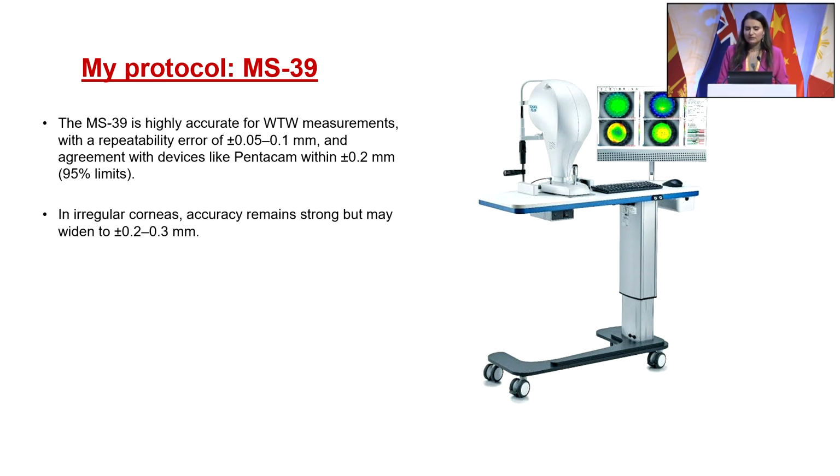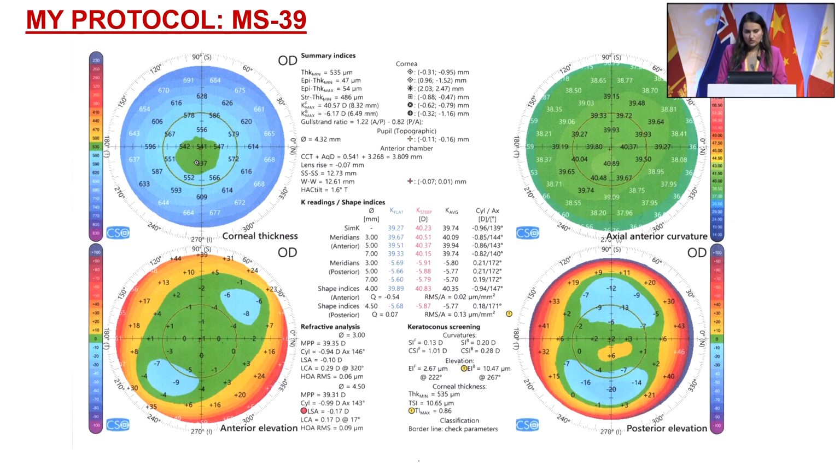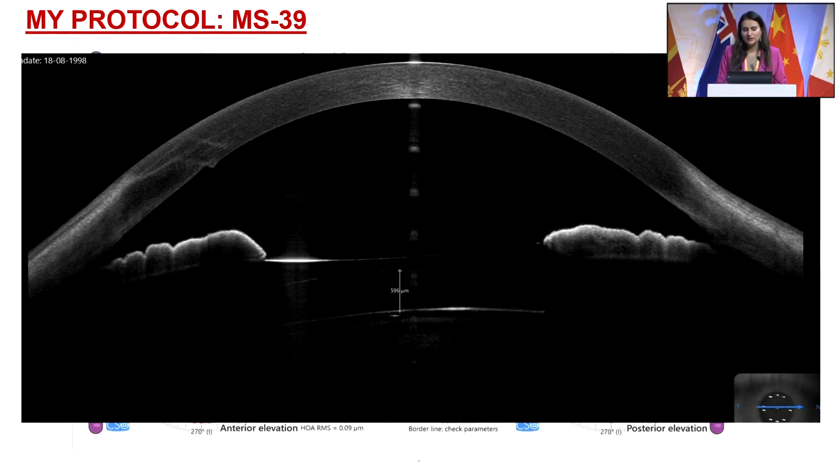The accuracy is within plus or minus 0.2 millimeters. In irregular corneas, however, the accuracy can vary slightly, but still remains strong, with a variation of within 0.2 millimeters. So this case had a white to white of 12.61, and I just used this reading. With the OCO's formula, it suggested a 13.2 lens, and the post-op vault is 596, which is very much